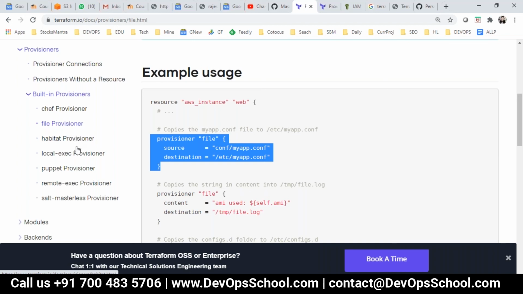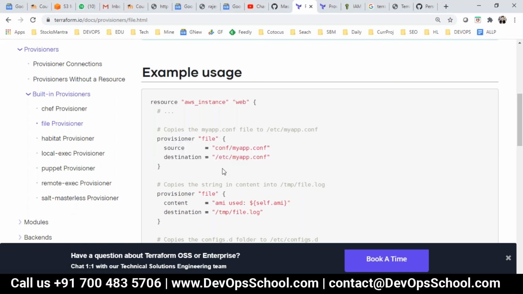Let me put it this way: Ansible is agentless, whereas Chef has agents, Puppet also has agents, and Salt has agents. That's the reason they have these provisioners. In Ansible, you don't require agents. You can install Ansible, copy the playbook and inventory, and run it. There's no agent required.